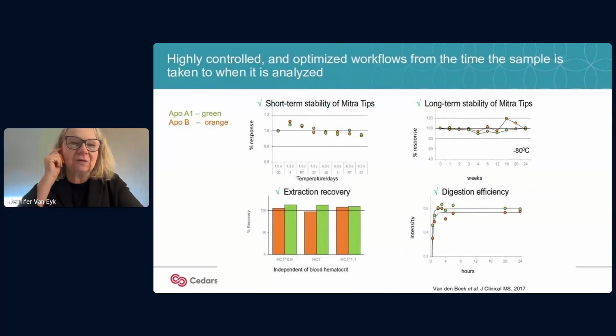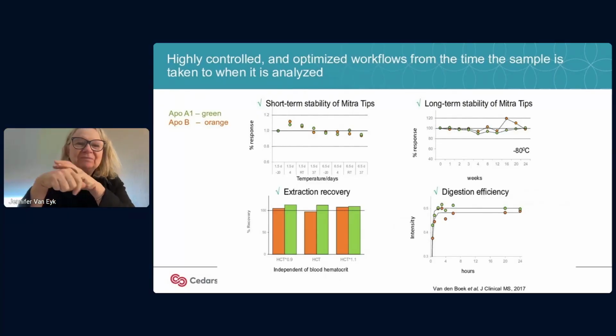So this is just to show you a summary. We have, of course, data. The paper's been published for every single one of the peptides that we're analyzing. And we were worried about short-term and long-term stability of the assay. So just like you would do for a plasma assay, you'd look for